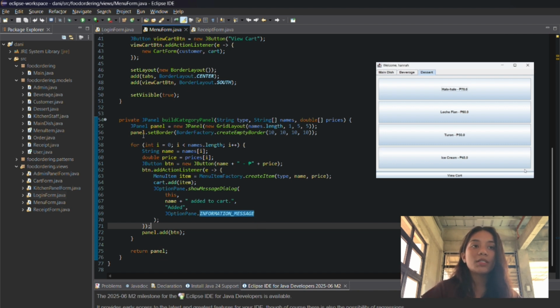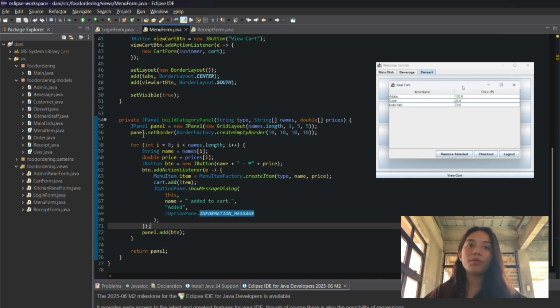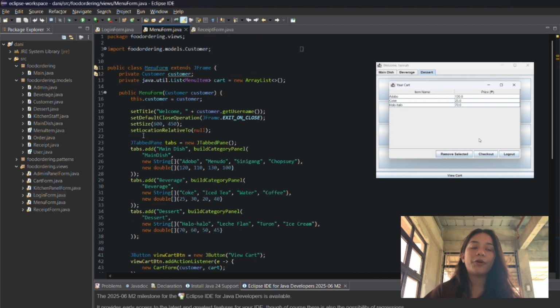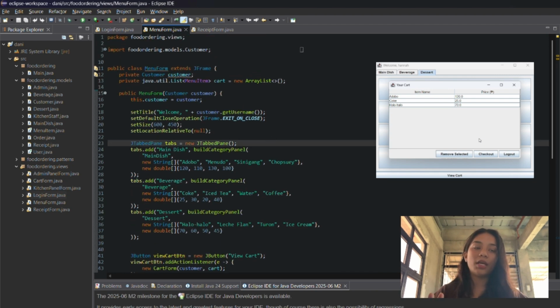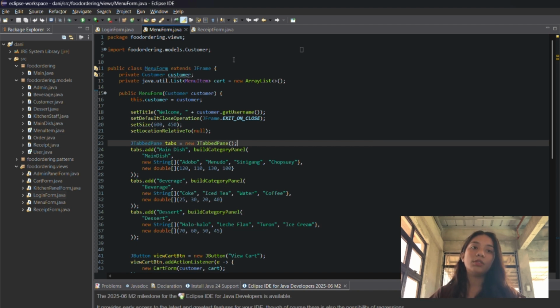So the importance of this class lies in its role as a primary interaction point for users to browse and select food items, leveraging the factory pattern for consistent item creation and maintaining a cart list for order processing. Without this form, users wouldn't be able to navigate the menu or build their orders, making it essential for the